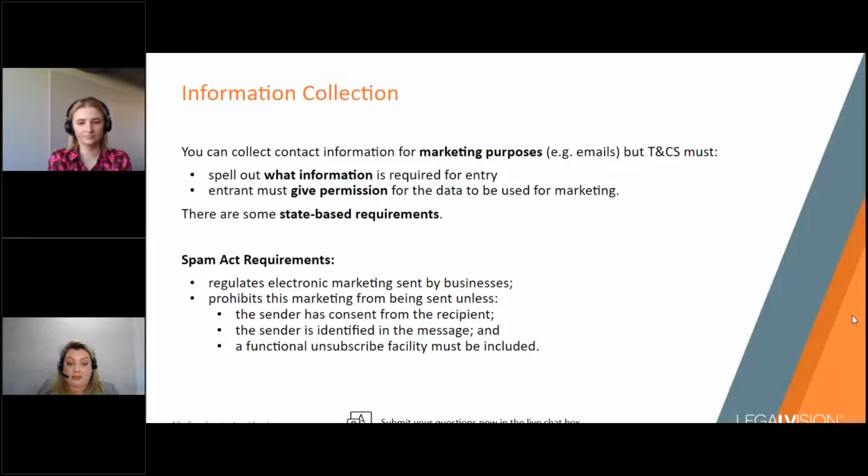Now, we've got a very handy document that summarises your legal obligations that you'll be able to download as part of this webinar. As I said earlier, it's important that you ensure that any personal information that you collect during the process of conducting a trade promotion is used strictly in accordance with the Privacy Act. That is, if your terms and conditions give express consent for your business to use their personal information for other purposes, including marketing. Every business should have a privacy policy that ensures compliance and lets your customers know how you're going to treat personal information. It's also important to note that the Privacy Act also regulates direct marketing, so it's really important to understand your key obligations.